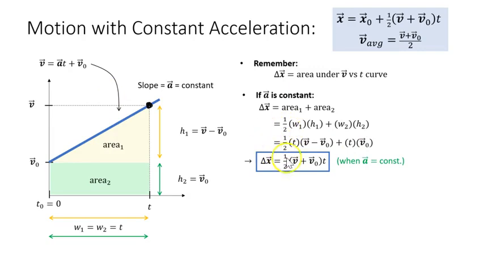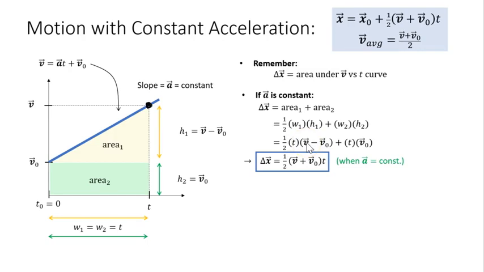So remember, we have to distribute the 1/2 t to both the v and the minus v naught. So you end up with 1/2 t times v minus 1/2 t times v naught plus t times v naught. That would give me a total of 1/2 t times v naught added to my 1/2 t times v. Okay. All right, so next up, I'm going to use that equation, and basically I'm just going to rearrange it,